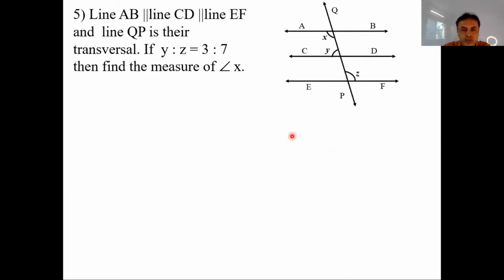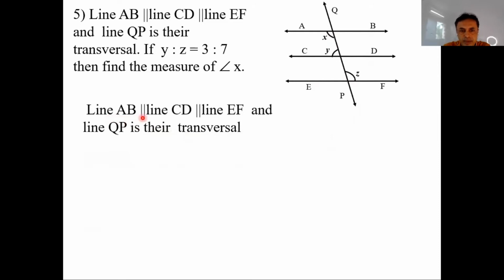Now I already showed you the split up or break up. So the writing part from the main diagram reference: as line AB parallel to CD parallel to EF and QP is their transversal, they have given it. So I'm going to write it as given. This is the first part, given. The next part is angle X is equal to angle Z, and the reason is alternate angles. So I'm going to write the reason as alternate angles. Next, we also have a correlation between angle X and angle Y, as it is a pair of interior angles.